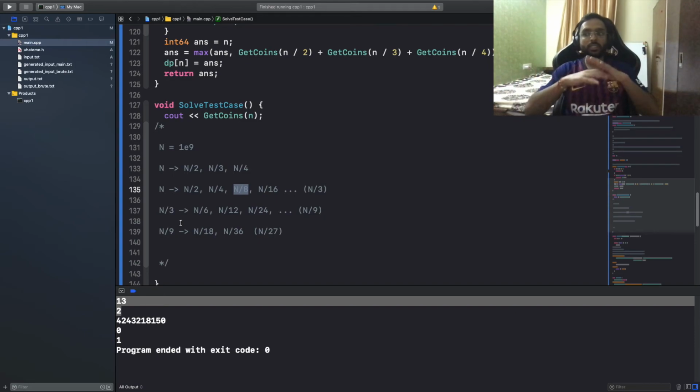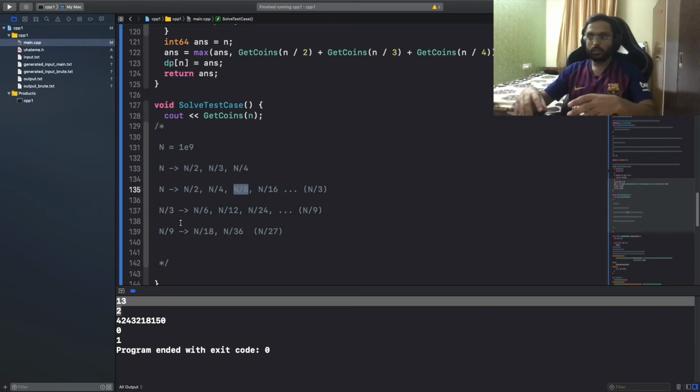Even in the worst case, we would need to explore all the values of n divided by all the different combinations of powers of 2 and powers of 3. For 3 we would have log n to the base 3 different values, and for 2 we would have log n to the base 2 different values. So if you multiply, that will be our maximum limit.